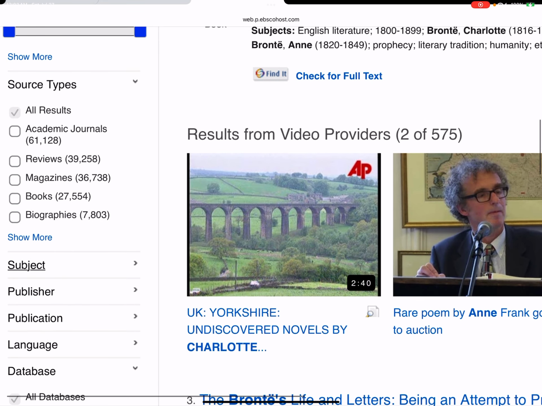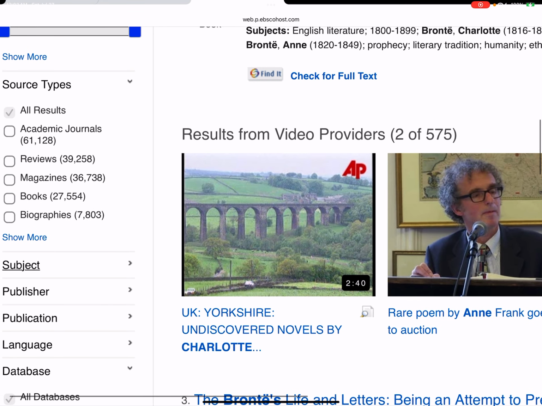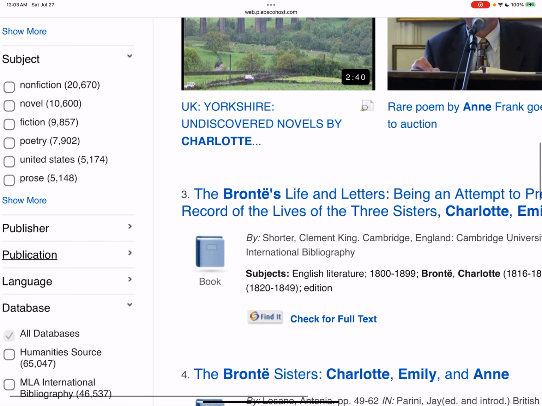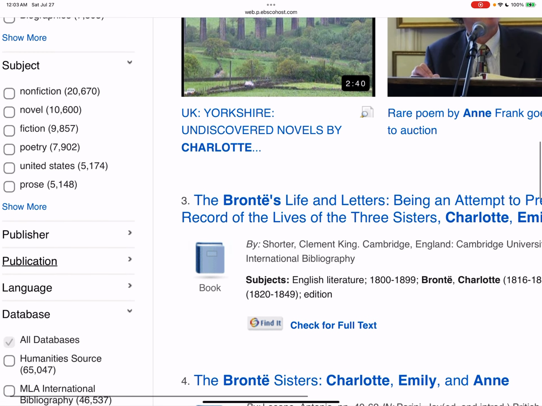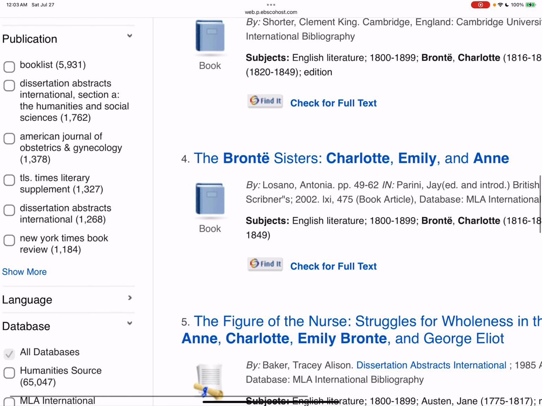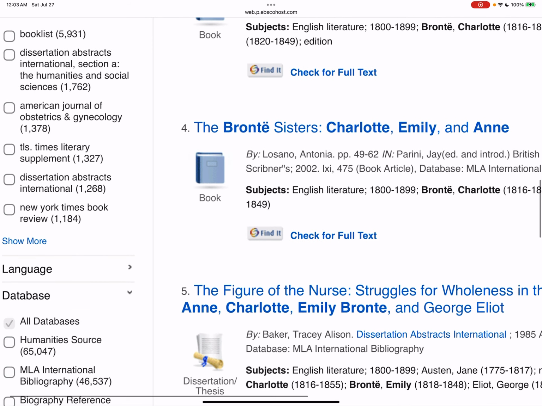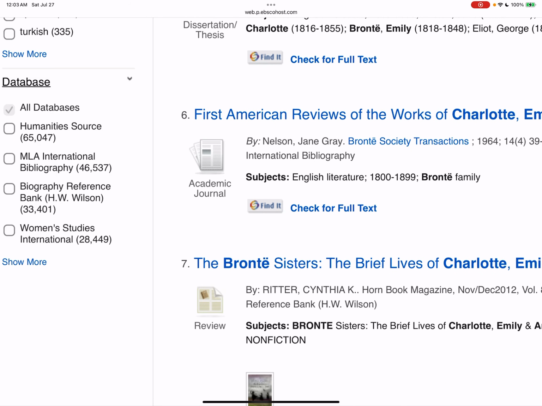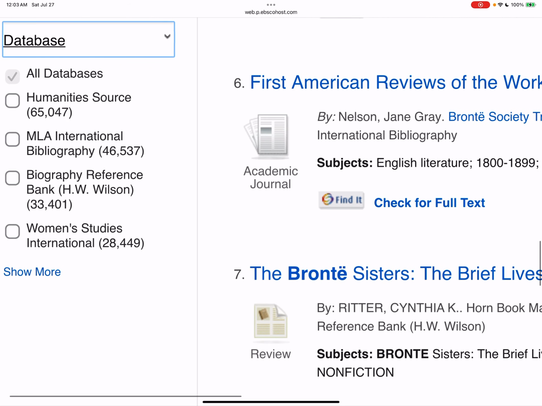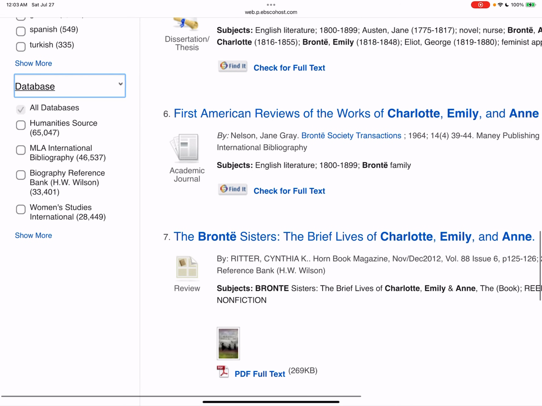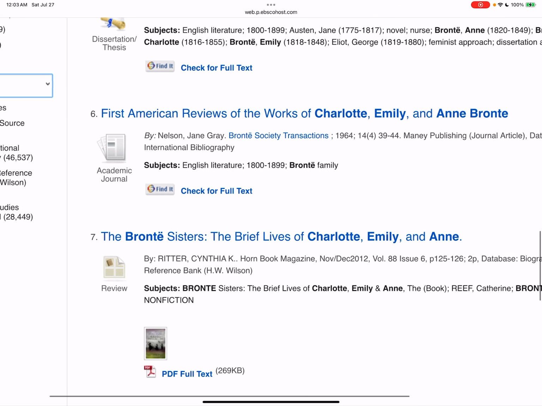And if you want a specific type of resource, a book or biography or a journal, you can also limit it to the subjects. So we probably don't need anything from the US since they're English writers. Publisher, publication, language. We also have the databases that we just put in, but if you just want to look at one specific database later to find a more specific resource, those are also options that you have to further limit